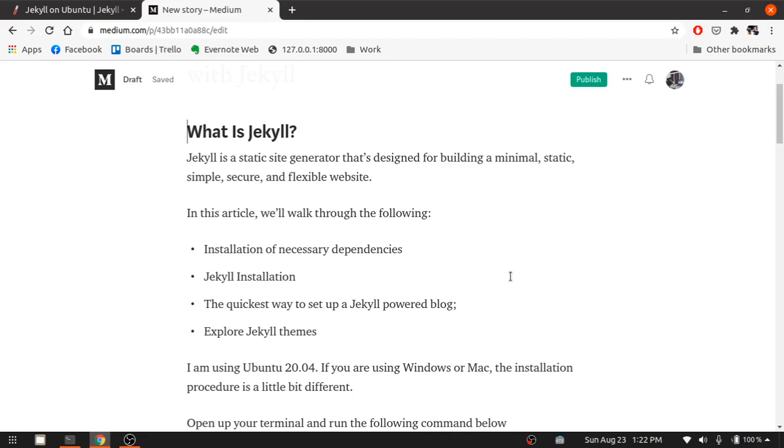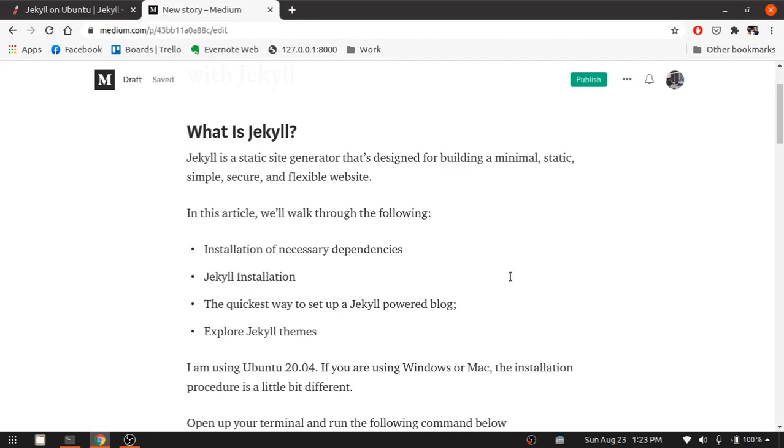Okay, so Tom Preston created Jekyll to enable people to blog using simple static HTML websites. And what Jekyll does is it takes your content written in Markdown and passes it through your template and spits it out as a complete static website ready to be served. And you can deploy your Jekyll site on GitHub also.